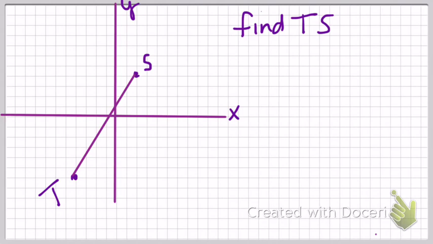Alright, if we want to find TS and we have a graph, we can do something similar here by counting. So if I count from T to S, I cannot count diagonally. I can only count up and down and left and right. So if I count from T, we're at 1, 2, 3, 4, 5, 6, 7, 8, 10. And then if we count over,